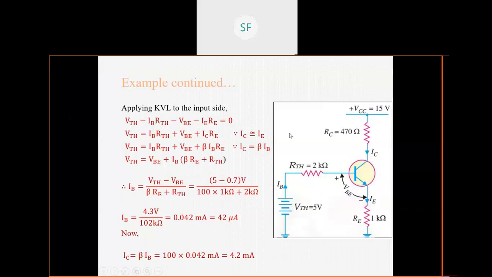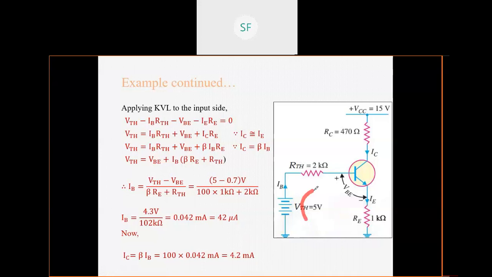So the potential divider arrangement given by R1 and R2 is completely gone, and now you are getting a simple loop of having VTH as a voltage source and RTH as an equivalent resistance. Okay. Now again, every time you are solving this particular question, you have to go with this flow only.